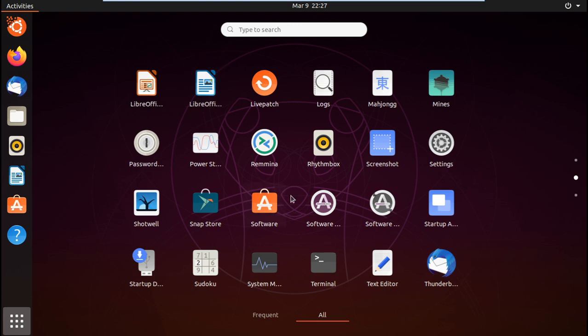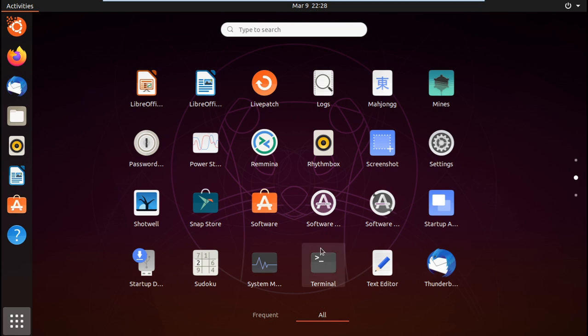which is which. You have 3 Software labels, 1 which isn't cropped, 2 which are, and you can look at the icon to try to distinguish what is what, but without a tooltip you can't really get it unless you want to trial and error. So another problem is, if you see here, you have your Frequent and All, and when